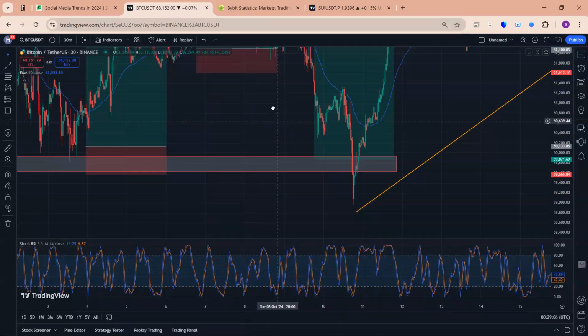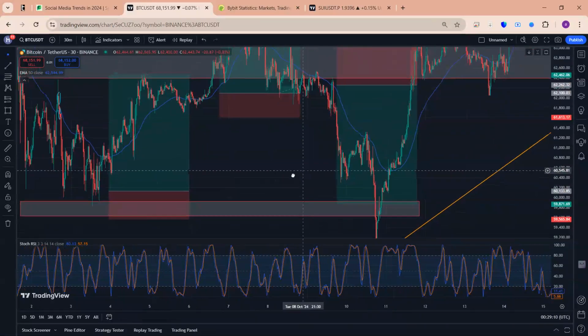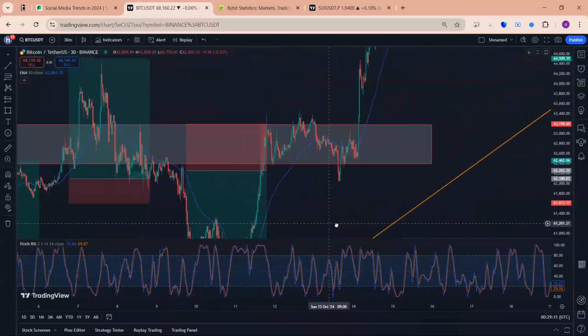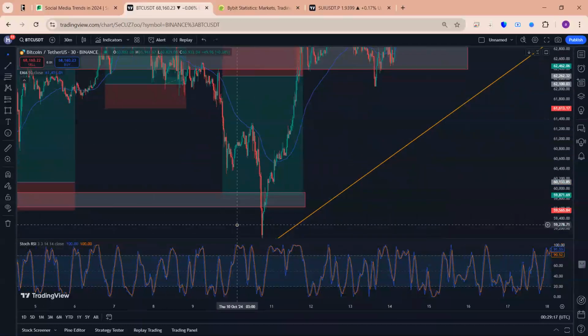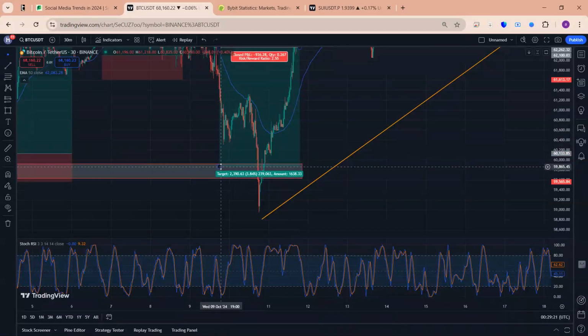Take a look at it. It even breaks below the level. But let's assume we take our profit at this level. Look at this. So this is how you make money in the crypto space. This is how you make money. And see, the moment it touches this place and you see that it breaks above, you create another